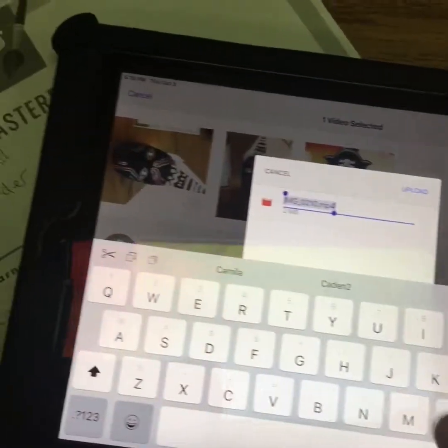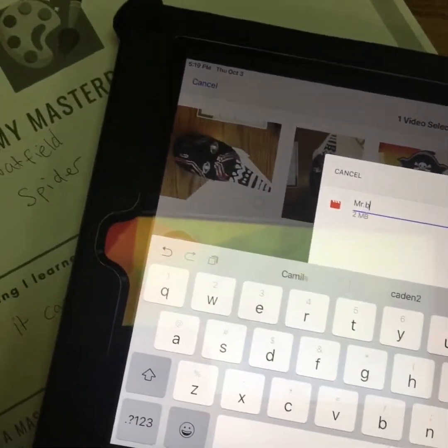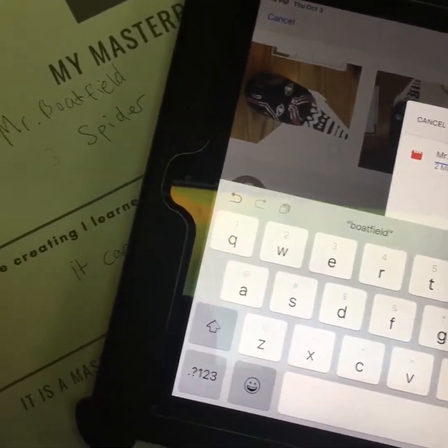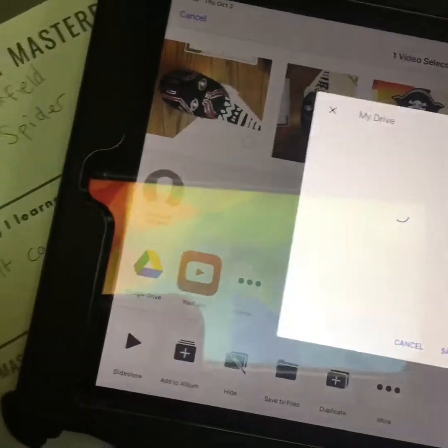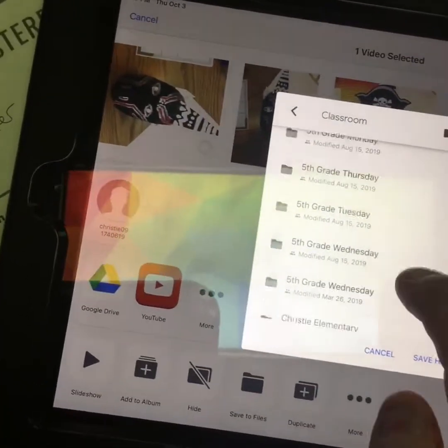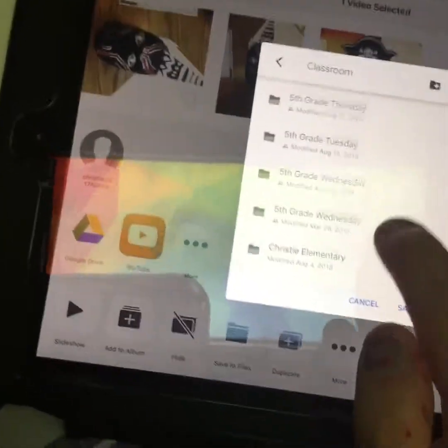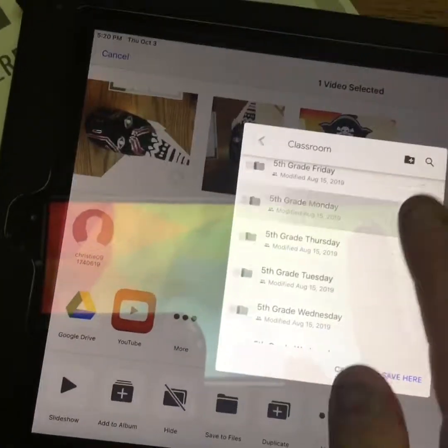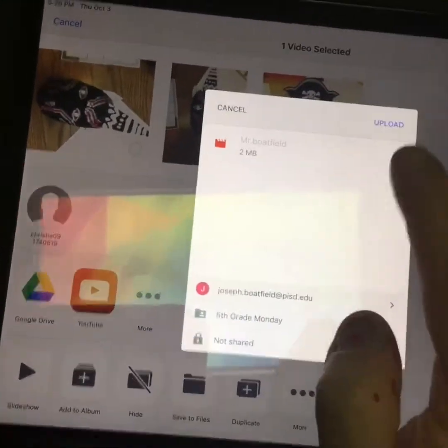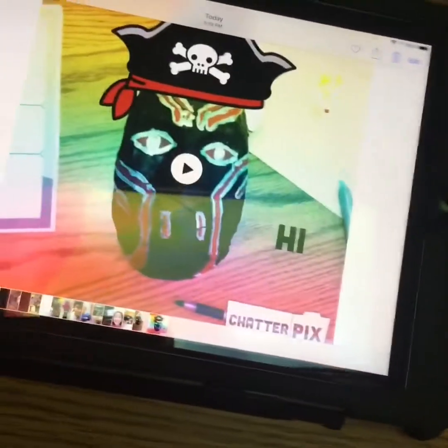Google Drive, come on. And then of course change the name so I know who this came from. So it's not random crazy videos popping up in my email and I don't know who they are. Do not press upload yet. You're going to go to My Drive, Classroom, find your classroom. I'm just gonna pretend I'm 5th grade, I don't know, Monday. Hi, 5th grade Monday. Save here, upload, and then the very last 10 minutes, we will check out your videos together,